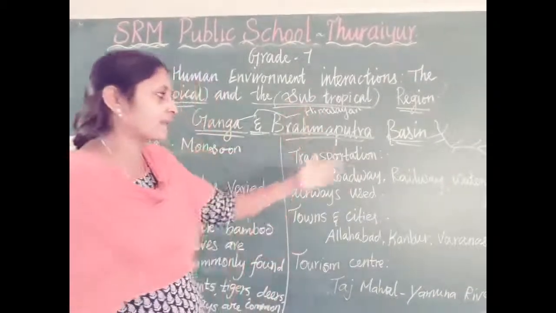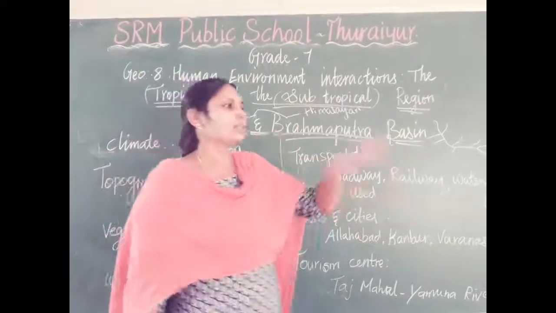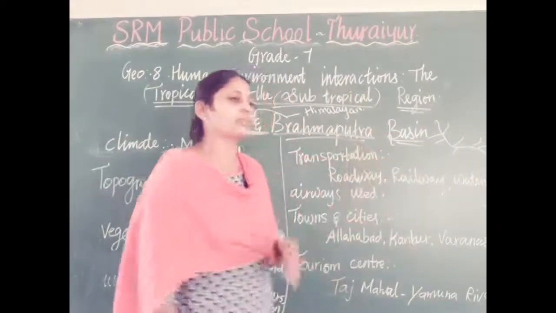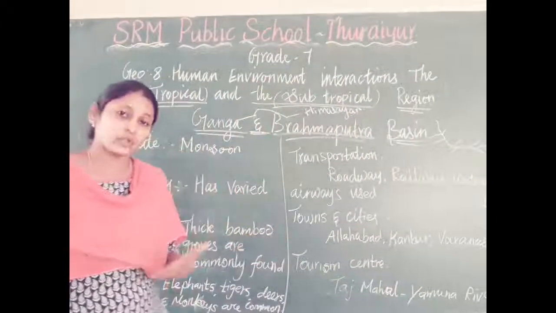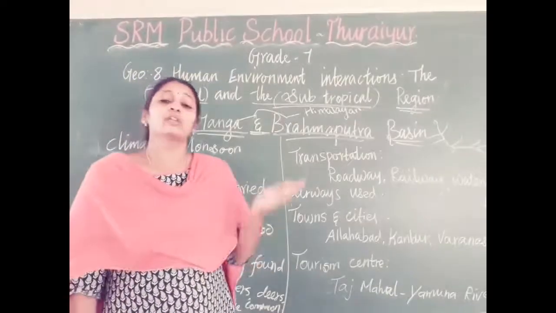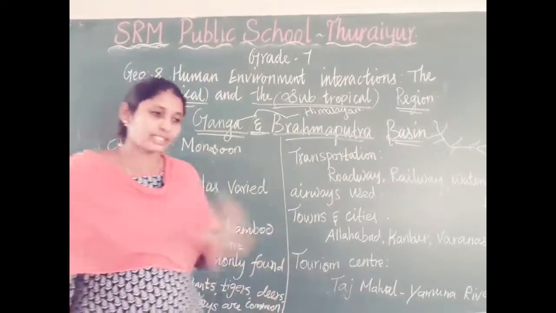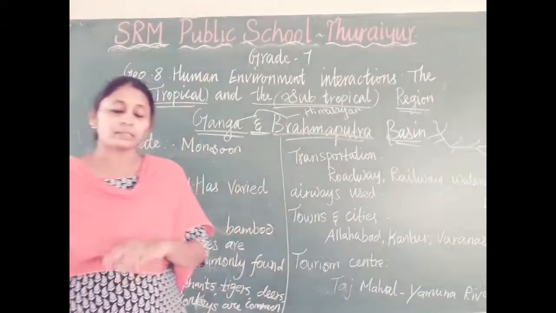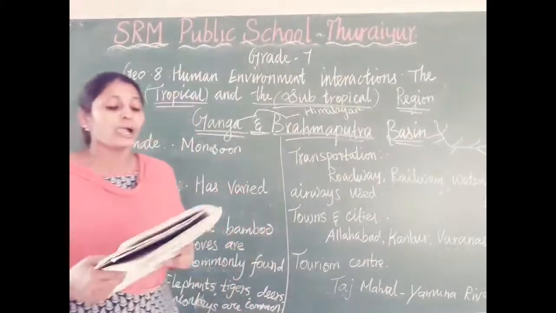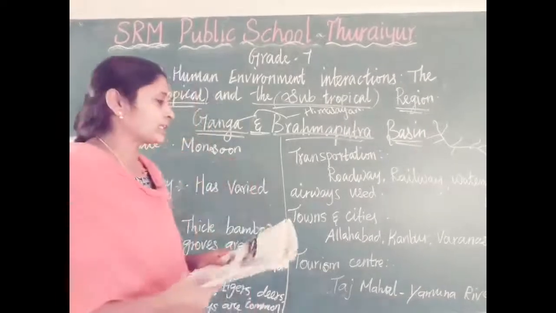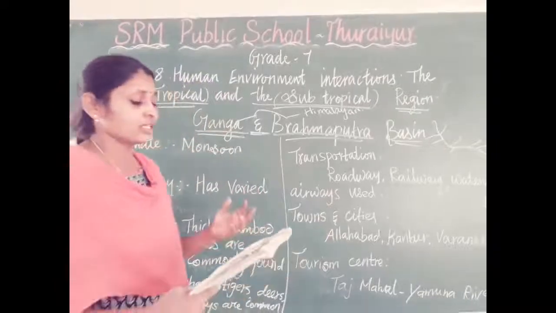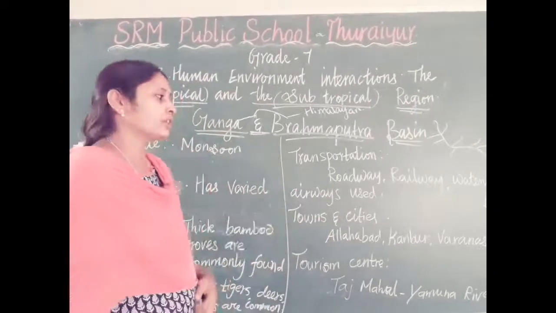What are the things it carries at the time of flowing? Everything is rested and kept in that place alone. While flowing, the river water takes a lot of fertile soil, a lot of things along with it. Everything is settled in that place. That's why that place is very good for agricultural activity, so that place is called the delta region. Like that, in West Bengal and Bangladesh, in that area we can find very good delta.